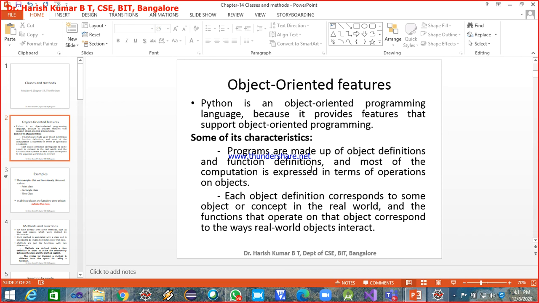So some of the important characteristics are, the programs are made up of object definitions and function definitions, and most of the computations are written in the form of operations on objects. Each object definition corresponds to some object or concept in the real world, and the functions that operate on that object correspond to the ways the real world object interacts. These are some of the important characteristics and the advantages of doing object oriented programming.